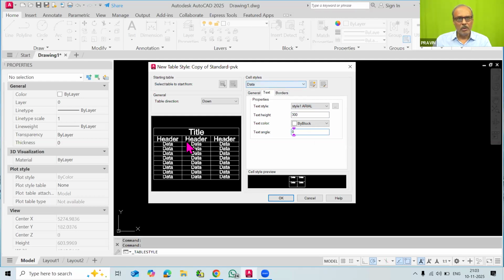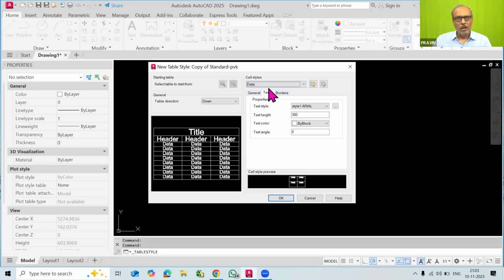There are 3 types: title is at the top strip, that is the name of our table. Then header is the name of the column, and then here we have to type the data in our table. So in this way, you have to remember for the title height is 500, for the header height is 400, and for the data height is 300. So these are the heights we have to take.